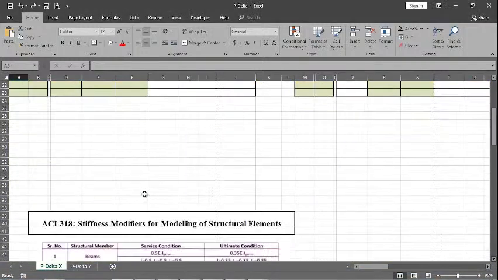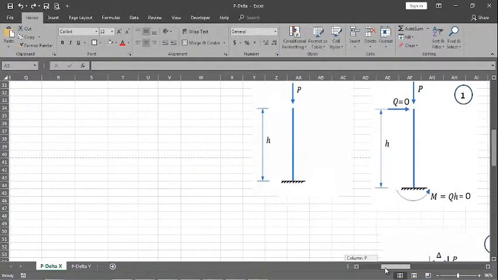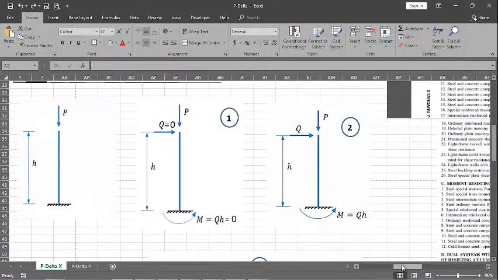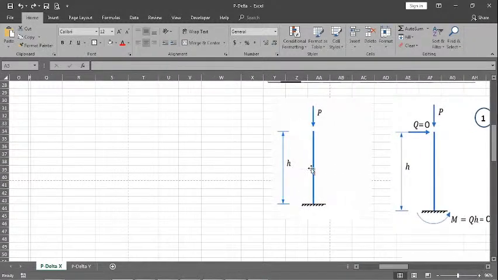First of all, a little bit about P delta. Here is, for example, a simple structure. Here, that is a building. Consider that is a building of height h. The load is applied P. Then the